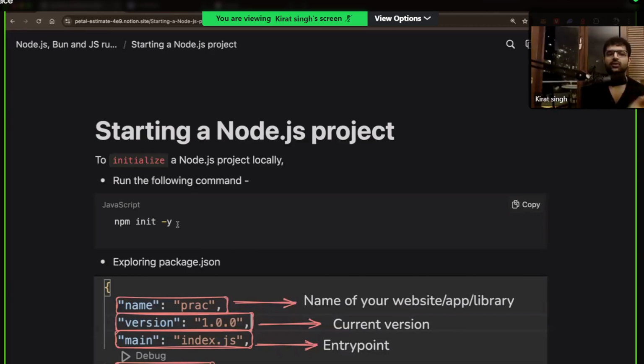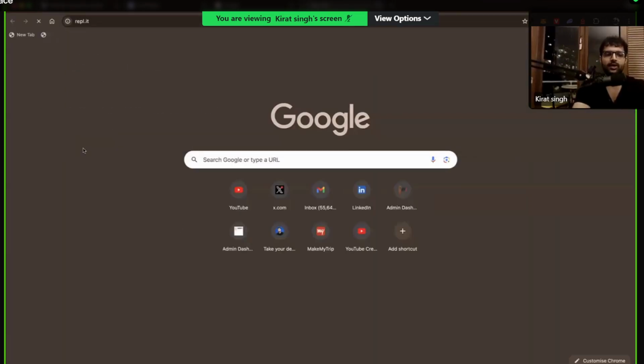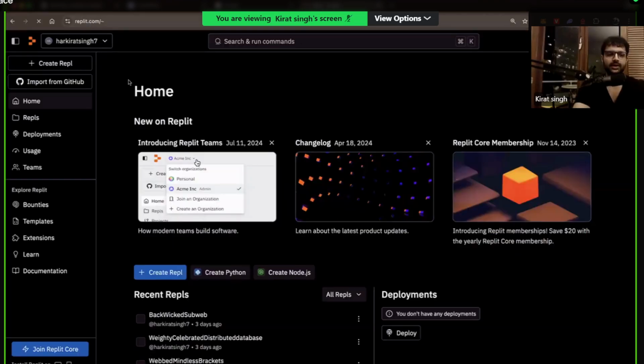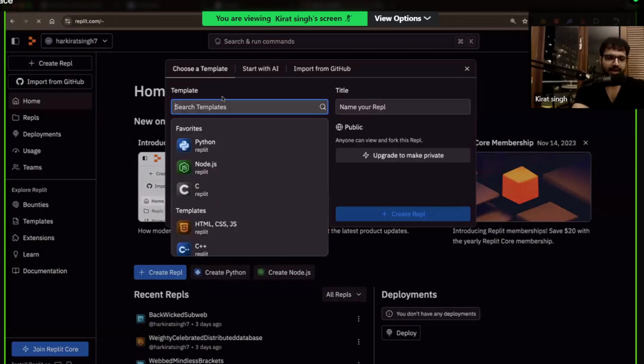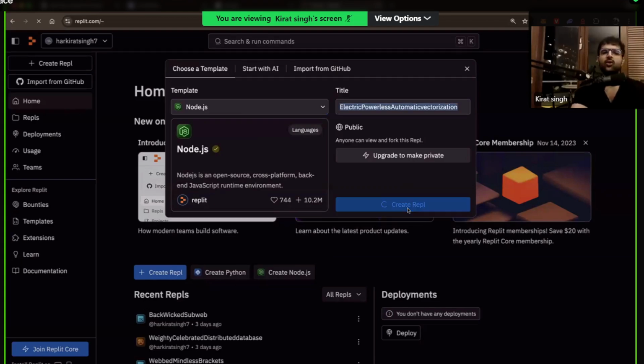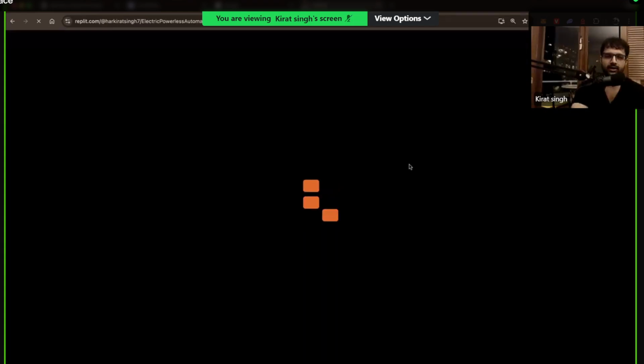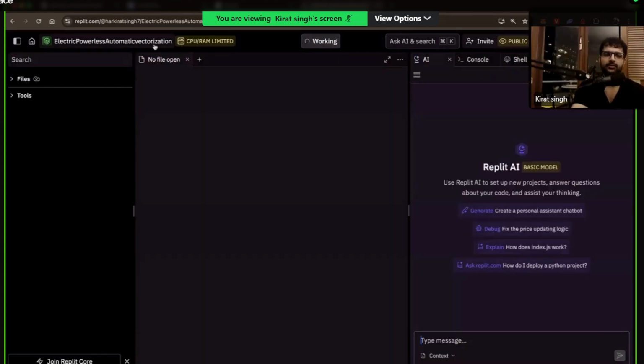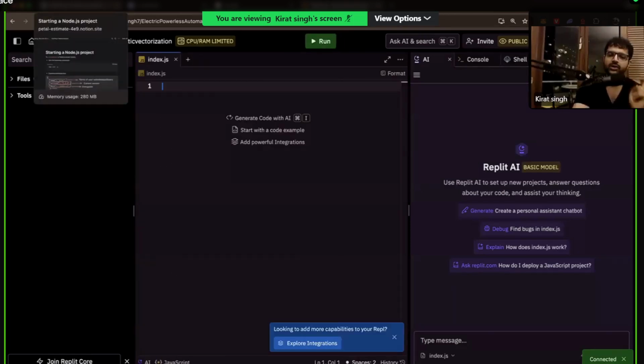So for the people who have not installed Node.js, you can still go to Replit. Let me take you through the steps once. Go to Repl.it, click on create Repl, and select Node.js over here. And whatever code we are writing, you can write over here. But I would urge you, before the next class, have Node.js installed on your machine.